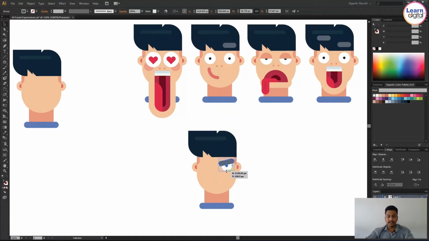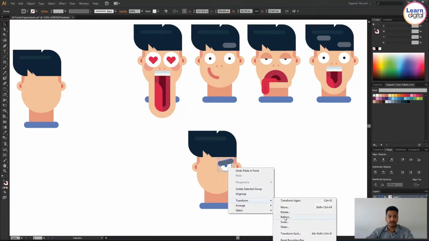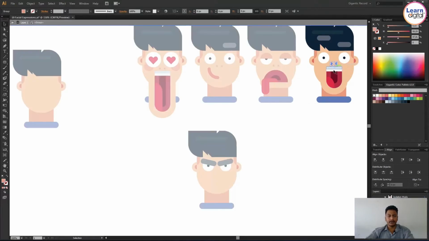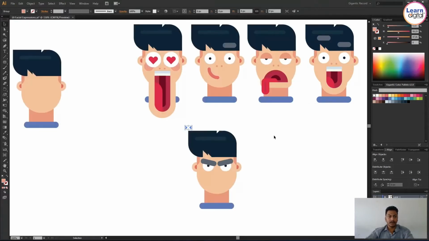So now you can see it is an angry face. With small expressions, you can play and showcase in a very beautiful and different way also. Always you need to utilize the reference, and also you need to play with proper shapes.